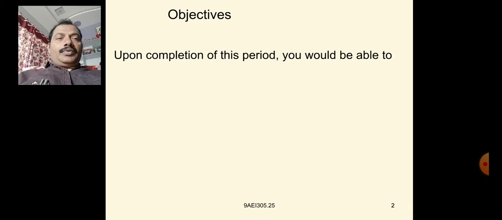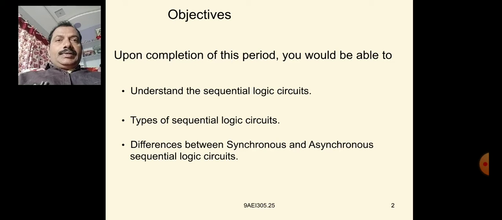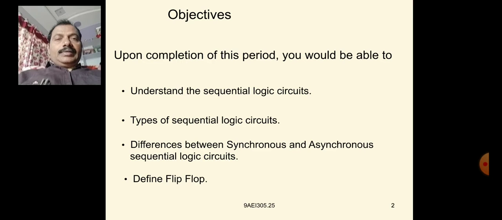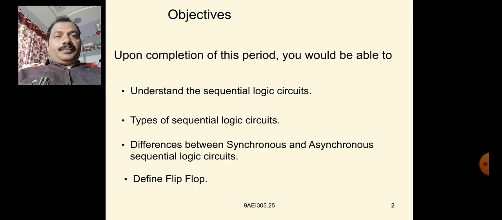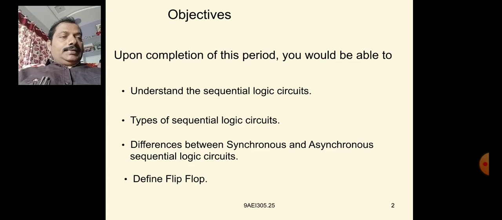So the objective of our lesson is the understanding of sequential circuits, types, and the difference between synchronous and asynchronous sequential logic circuits, and defining the flip-flop. What is the flip-flop, how it will be used, that we will discuss. And the next,